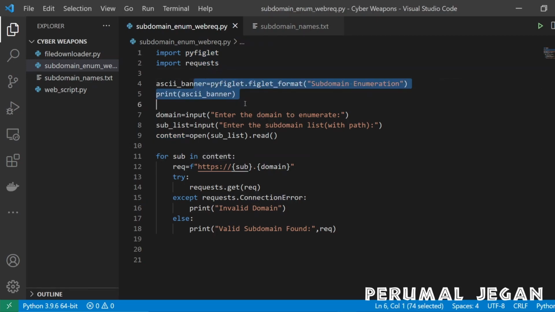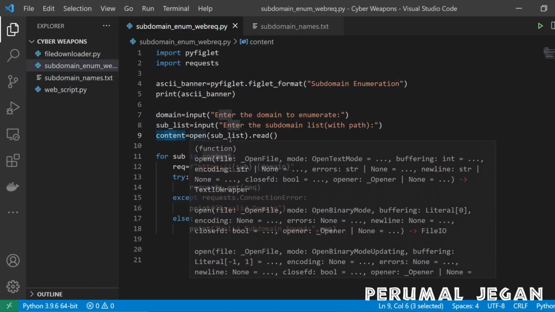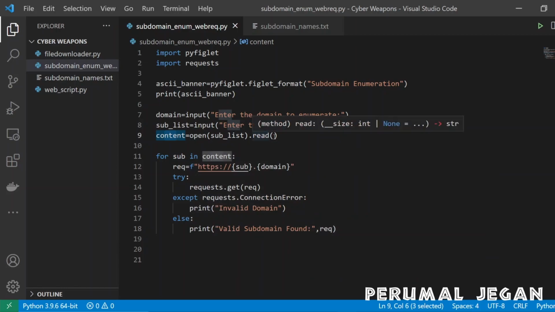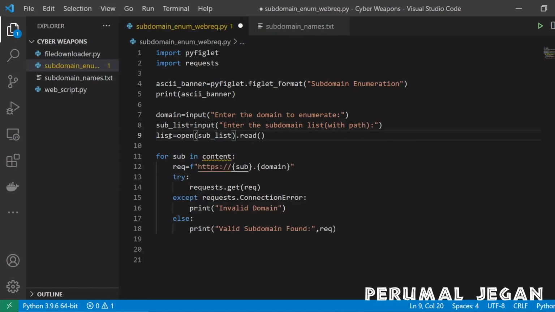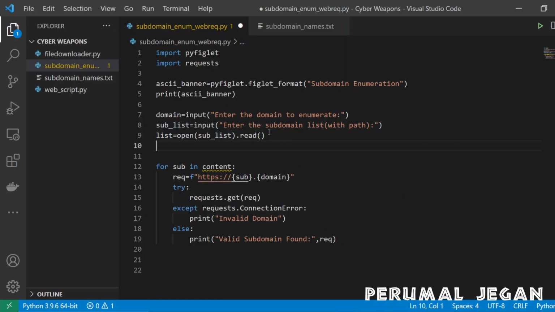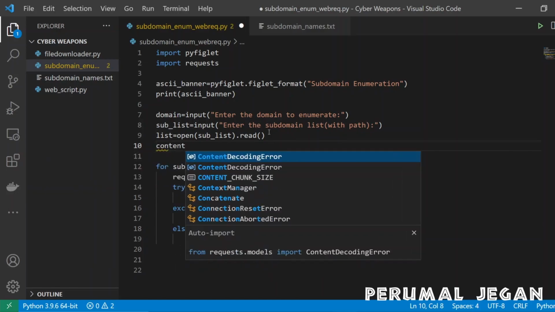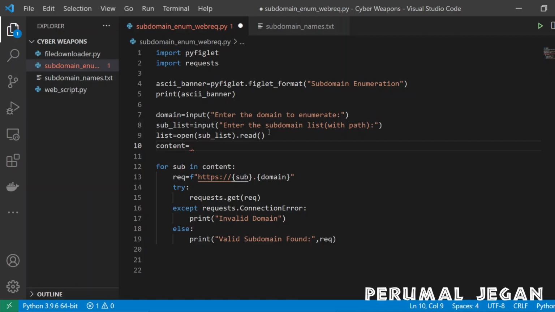Pyfiglet request banner. I call the domain and sublist, and inside the content variable I opened the file and I read the content. I guess this is where I made a mistake, so let me clear that mistake. I'm just calling it inside a variable called list, and I'm creating one more line, and this time I'm giving the variable name as content.